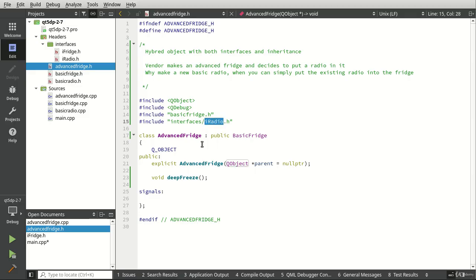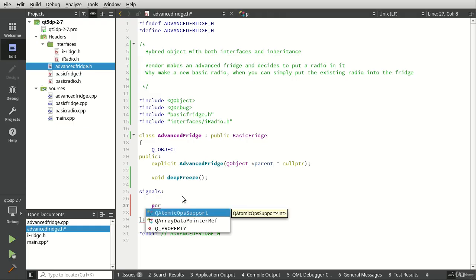Now, how do we use this iRadio interface? We don't want to put it here because we don't want this refrigerator to become a radio. Remember, an interface is a contract, and we don't want to treat this refrigerator like a radio, but we want to have the radio functionality in it. If you're thinking getters and setters, you're absolutely correct. So let's go ahead and do a private